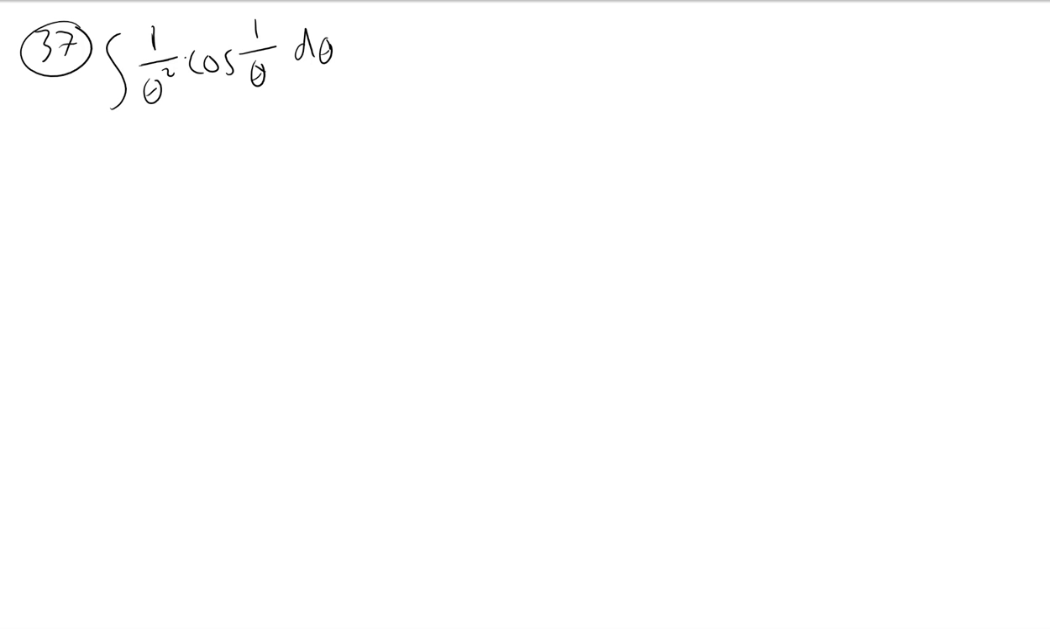For question 37, I would probably pick u to be 1 over theta. Remember with trig functions that this is not cosine times 1 over theta, but it's cosine of 1 over theta. So this is kind of stuck inside of the cosine, which is what makes me think that should probably be my u. And then that would make du be, well, I might rewrite this with exponent rules so that I